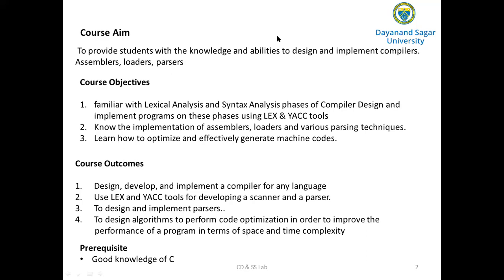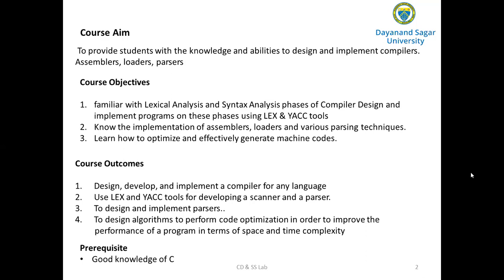So that means you will understand the various phases of a compiler, such as the lexical analyzer and the syntax analyzer. While implementing these two phases, lexical analysis and syntactic analysis, we'll use tools such as Lex and Yacc for developing the scanner and the parser.